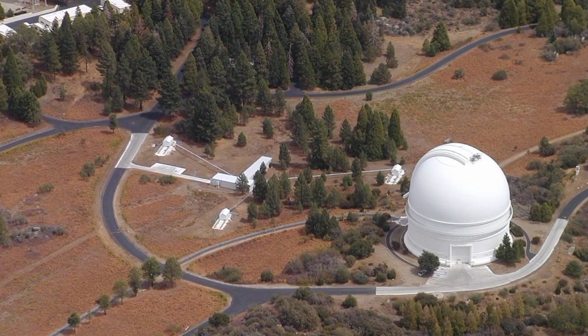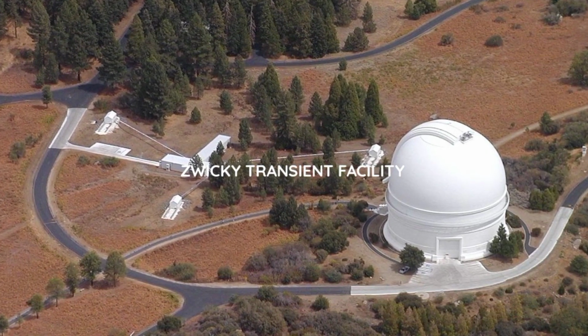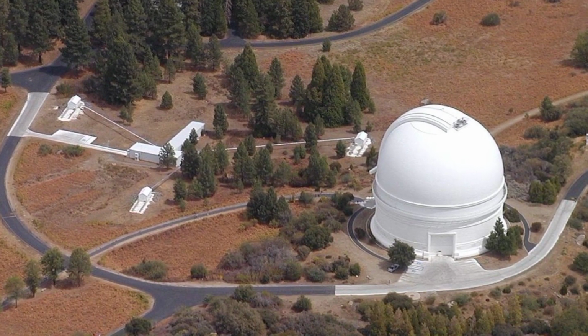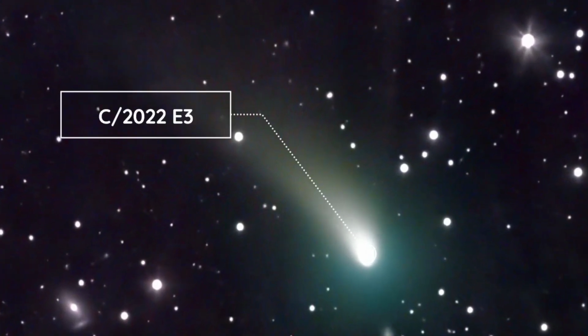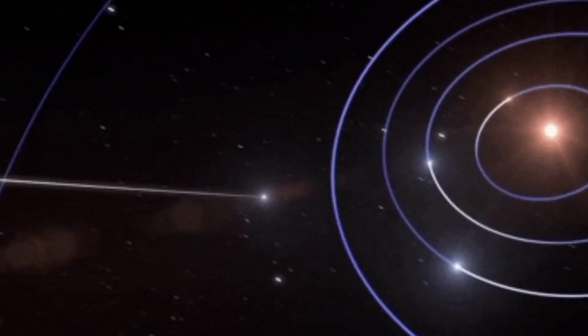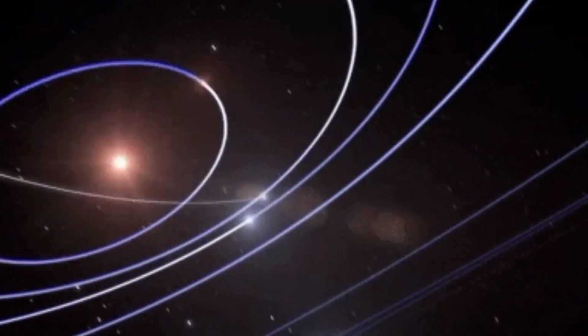On March 2, 2022, astronomers Frank Masci and Bryce Bolin, using the Zwicky Transient Facility at the Palomar Observatory in Southern California, came across an object which they initially identified as an asteroid. Subsequent observations revealed that this star-like object possessed a very tightly condensed coma, indicating that it was in fact a comet. After enough observations were gathered to compute an orbit, astronomers determined C/2022 E3 to have an orbital period